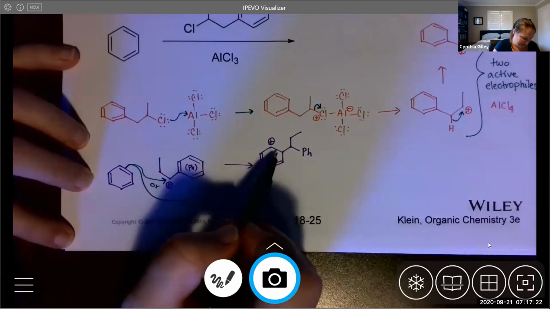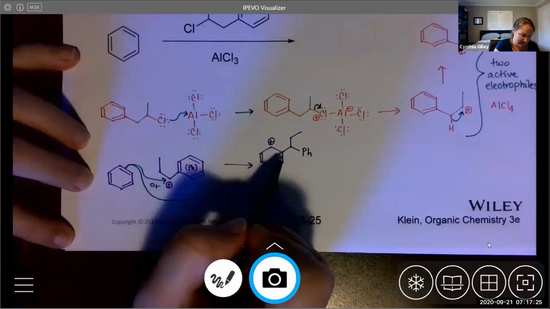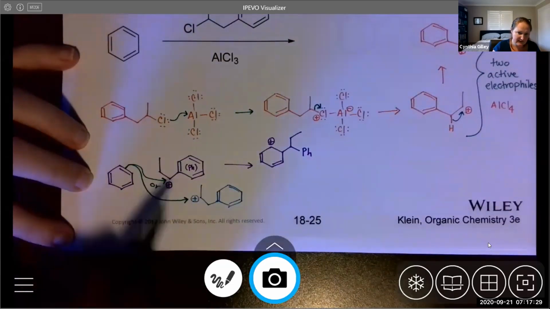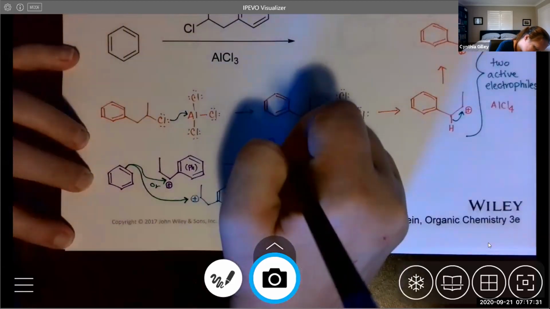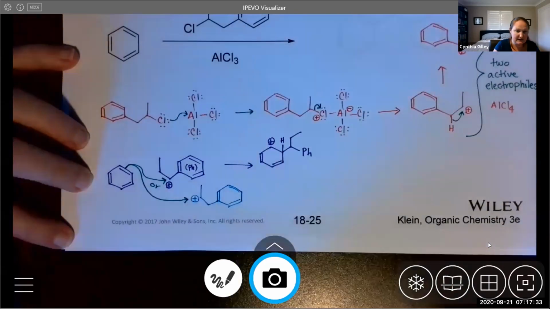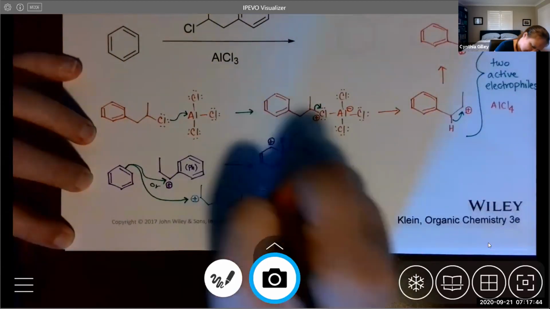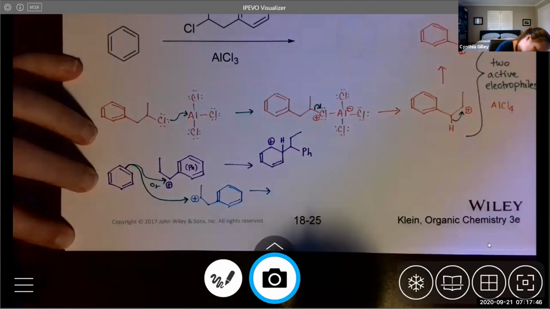The nucleophile is the pi bond that attacks directly on this carbon, right? Because that's where the positive charge was. And that leaves this resonance stabilized sigma complex, or arenium ion. I could draw out the resonance contributors of these, but I don't have to unless I'm asked to do so. Right? If I had the product from this particular pathway,